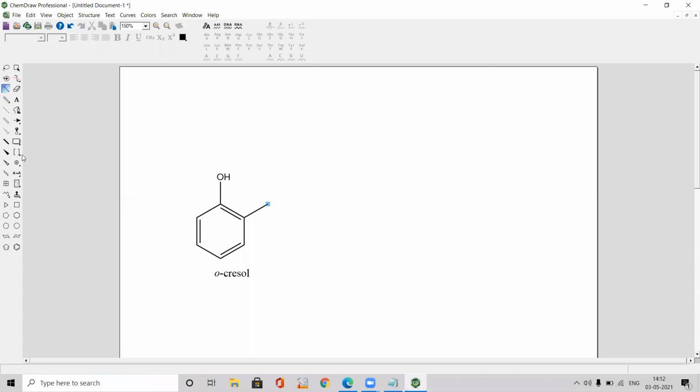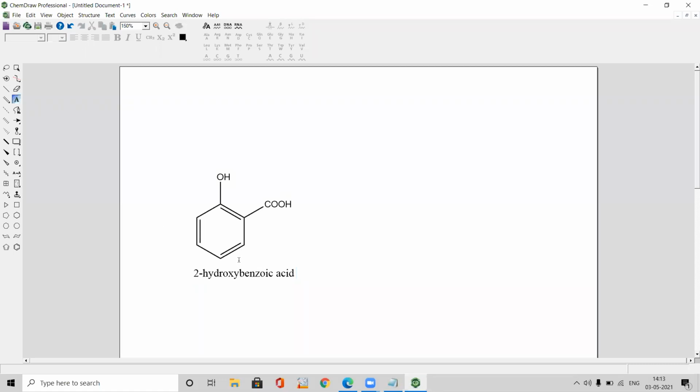Now I am going to change this into a carboxylic acid group. This methyl group is being changed to carboxylic acid, COOH. Now let's see how the name of the compound will change. Yes, it's exactly correct. Numbering will start from this position, 1, 2. At the second position there is a hydroxy group, and the carboxylic acid group with the benzene nucleus is called benzoic acid. So it is 2-hydroxy benzoic acid. Another name for this compound is salicylic acid.